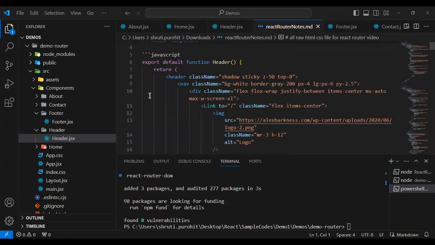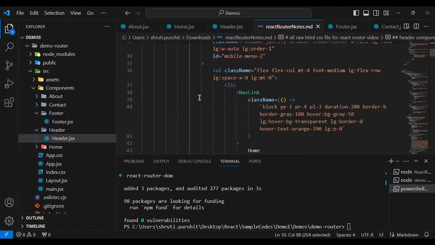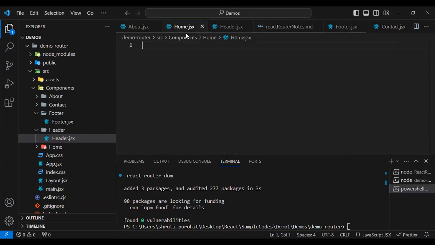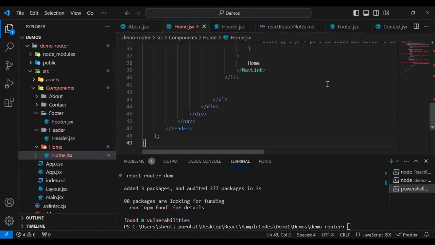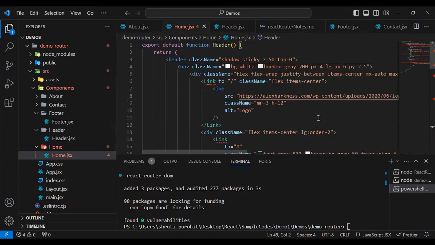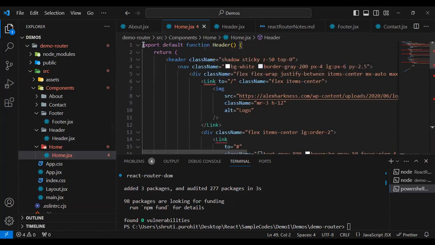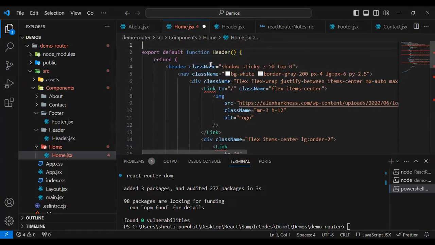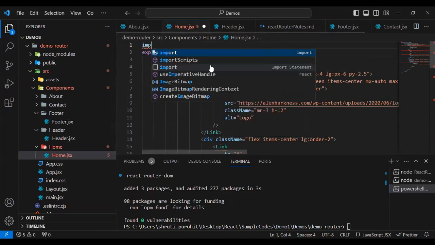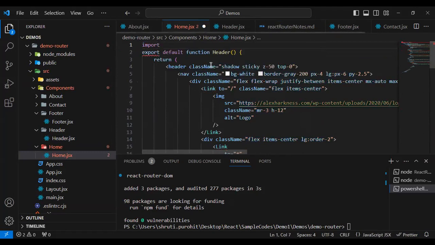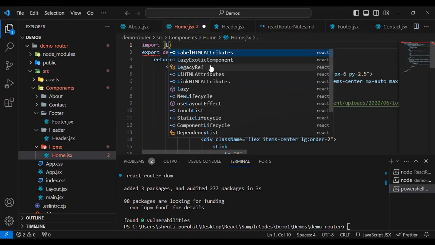Oh, here are some files, okay, header, footer. So I'll just copy paste. So this is the header. Let's copy the header and put all related code inside the header. Now you're able to see there will be a problem, right? It says that Link is not defined because we need to import. As we are already aware about the Link tag, import Link,